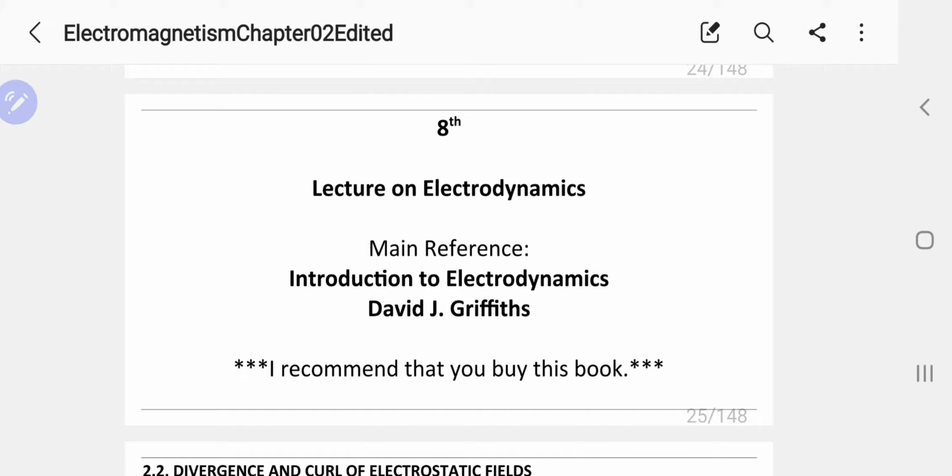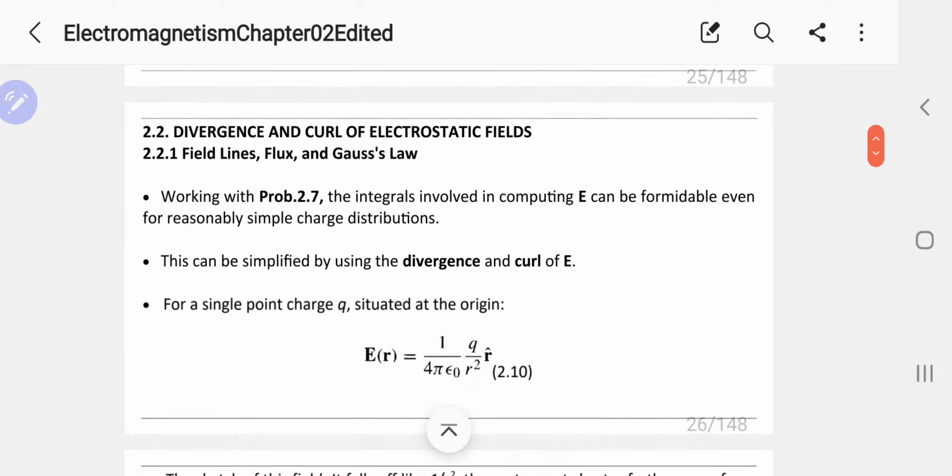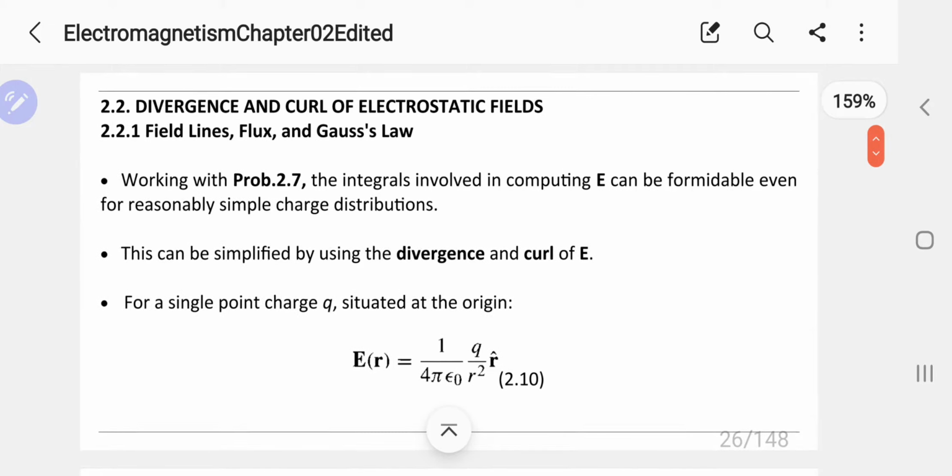So for this lecture, we will start with divergence and curls of electrostatic fields. We know what electrostatic fields are. First one we know is the electric field, and this is caused by some charge that's settled in space, and this charge radiates electric field